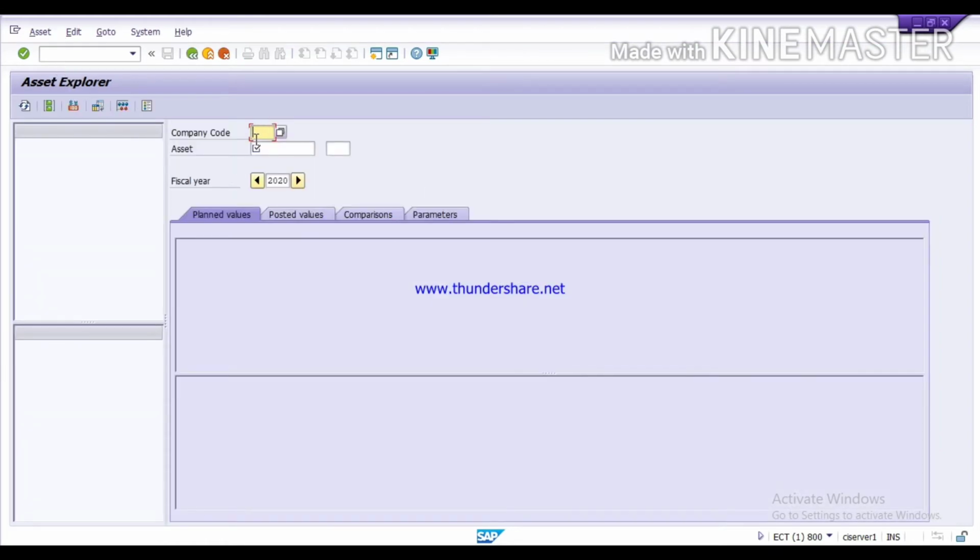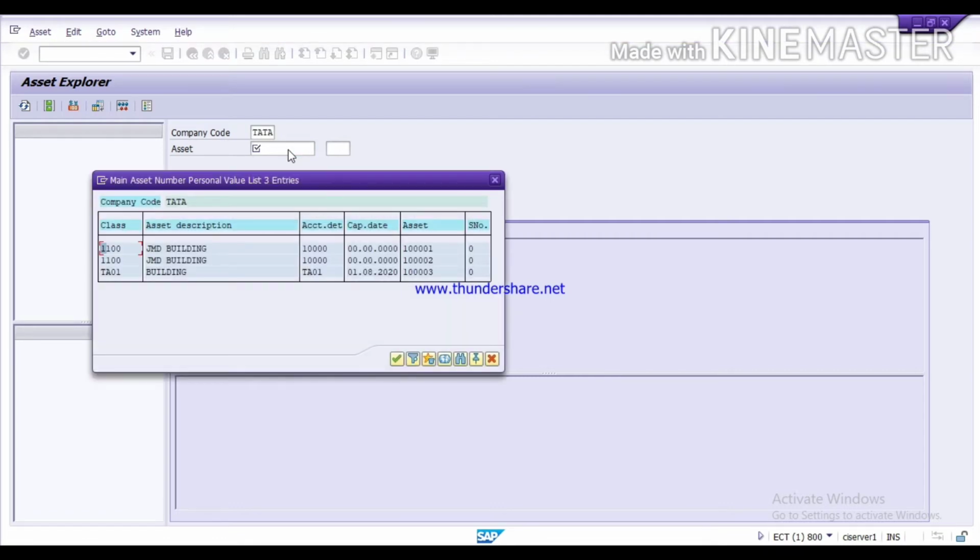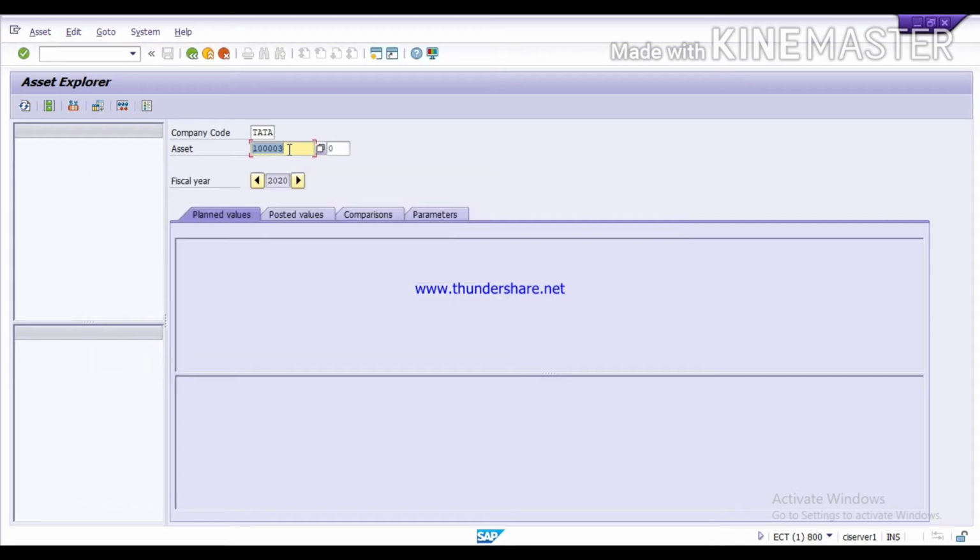Here give your company code, that is Tata. Here you can give the asset number. So we need to give the asset number here, otherwise click on enter, or you can choose by pressing the F4 key. So select your asset, under which we have booked an invoice, then click on enter.